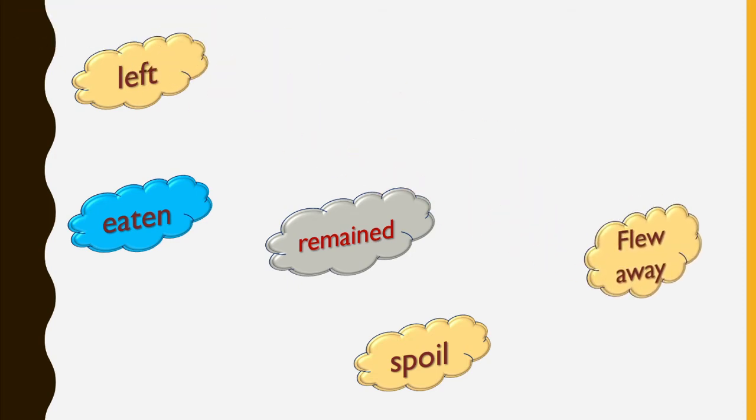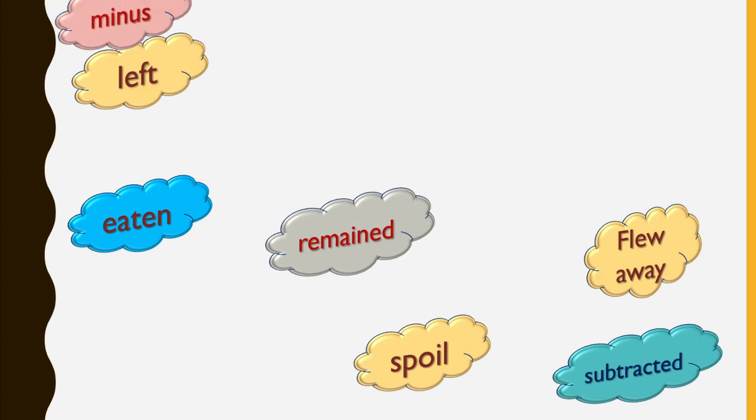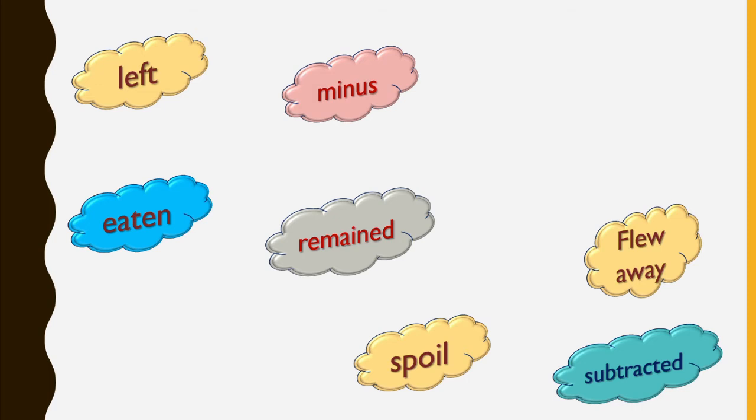Next is flew away. Right? Birds flew away. Balloons flew away. Feathers flew away. Right? So how many left? Again subtraction. Then directly subtracted. That tells us doing subtraction. Okay? Next is minus. You know the sign minus, a short line, right? That is called segment. Okay, in real mathematics we call that one as segment. Okay, that tells us minus means subtraction.